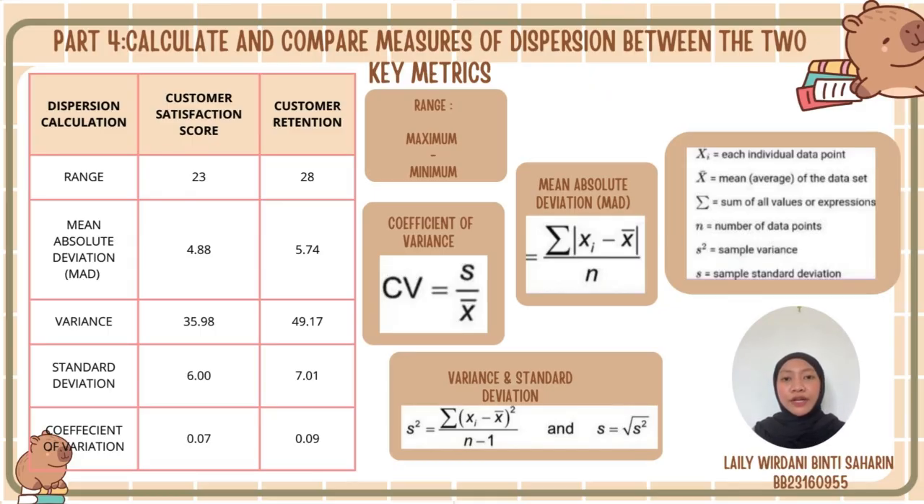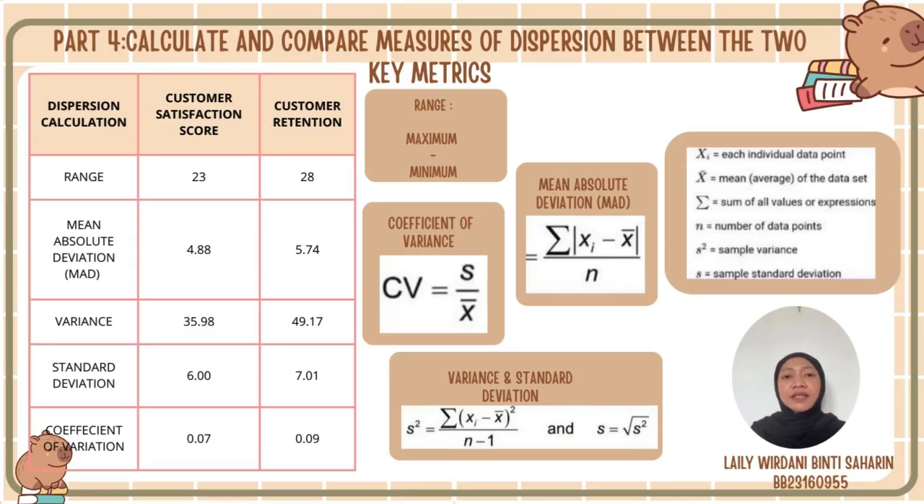Moving on to variance and standard deviation, which further confirm the same pattern. Retention has a higher variance of 49.17 and a standard deviation of 7.01, while satisfaction scores are more consistent with lower values. Lastly, the coefficient of variation gives us a relative measure of dispersion. Retention has a CV of 0.09, slightly higher than satisfaction at 0.07, meaning that retention is more volatile in proportion to